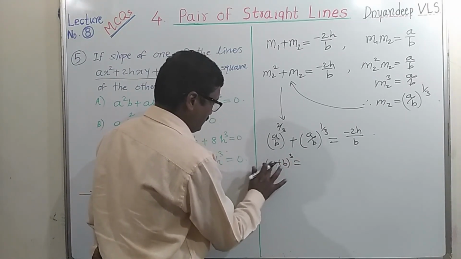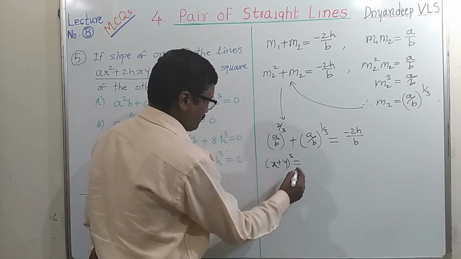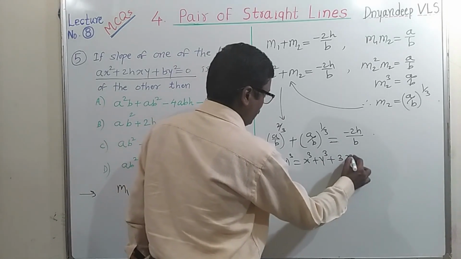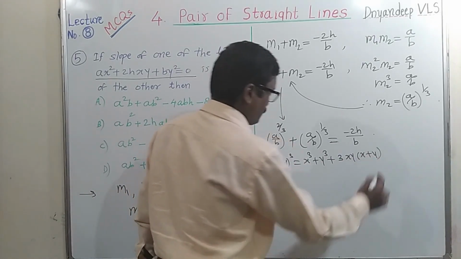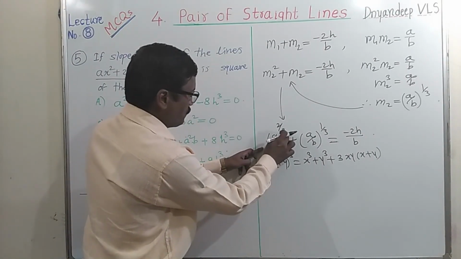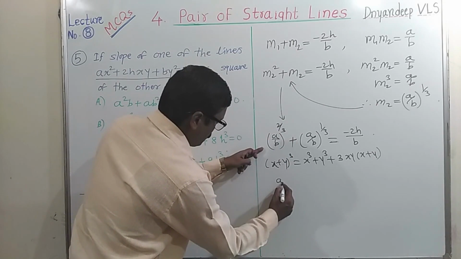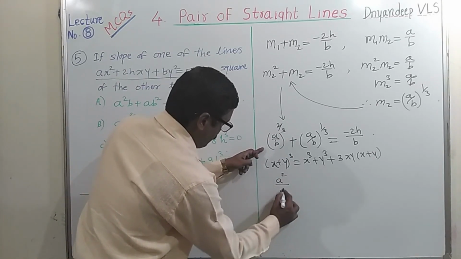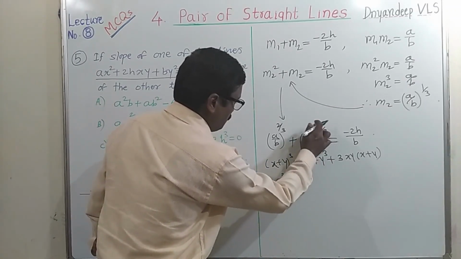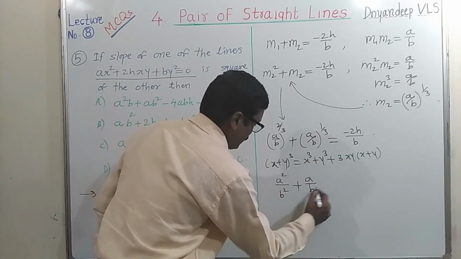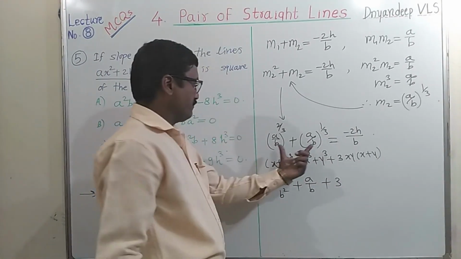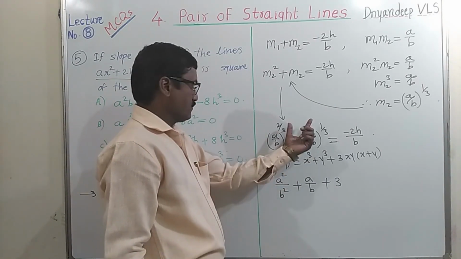It is equal to, let us write the formula in terms of x and y. So (x + y)^3 is x^3 + y^3 + 3xy(x + y). Let us use this formula here. So the cube of the first term, here is cube root, so the cube gets cancelled, remains square. So this is a^2/b^2, plus the cube of the second term, obviously the cube root gets cancelled, remains only a/b, plus 3 into xy, the product of these two terms having the same base, so the sum of the